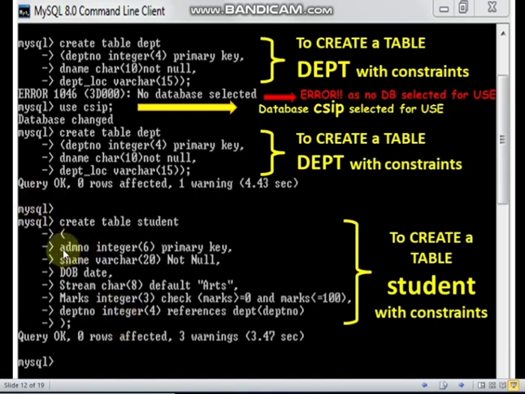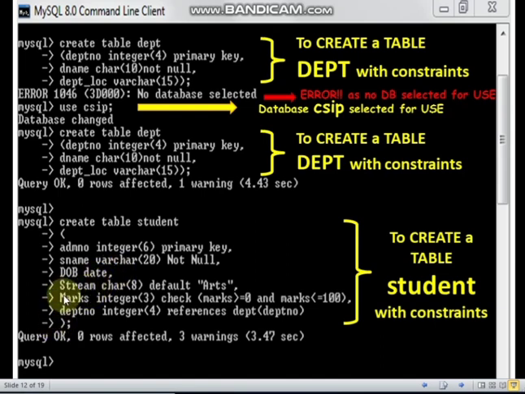The first column is ADMNO, admission number, the data type we have given is integer, size 6, and primary key is the constraint, comma. The second column name is sname, then varchar 20 not null as the constraint. Then DOB, date of birth. I have given a short name for the column, DOB, and date is the data type, comma. Don't miss the comma, remember.